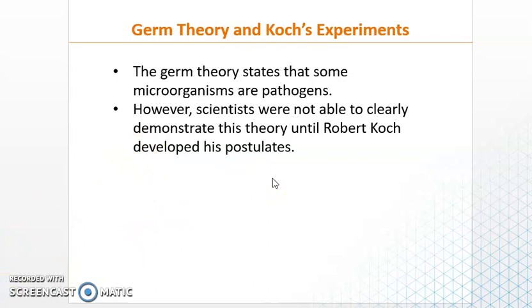In the past, a disease called anthrax caused cattle to die, and he started to work on this disease, anthrax, which infects mainly cattle and some sheep, and sometimes it infects human beings. So what did Koch do? First of all, he took a sample from the cattle that died with the anthrax. What did he find there? He found a type of bacteria. He started to isolate this bacteria and grow it inside the laboratory in a clean environment.